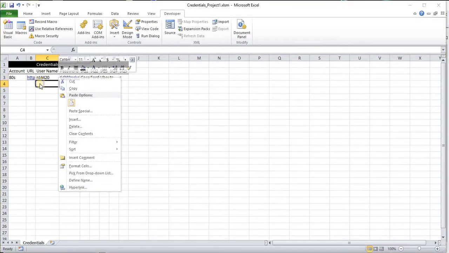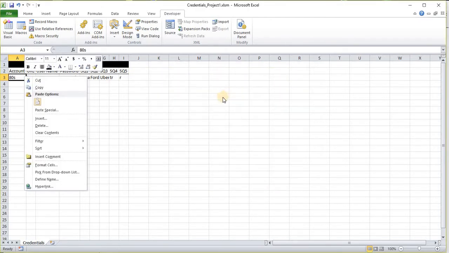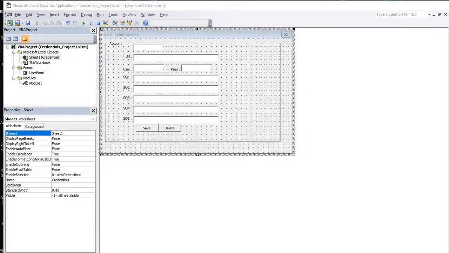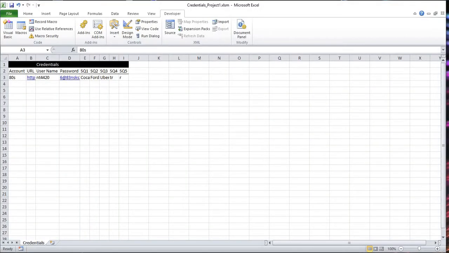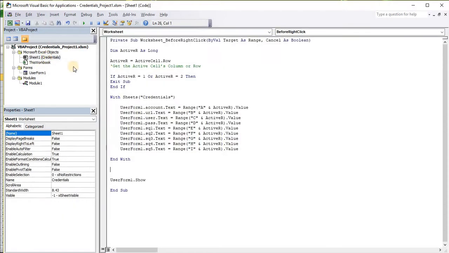Just to demonstrate the test, there's no data for load in row 4, and I have some information for load in row 3 where my data is. The things that I went ahead and corrected was obviously the layout there, but also I went in and did some of the code,